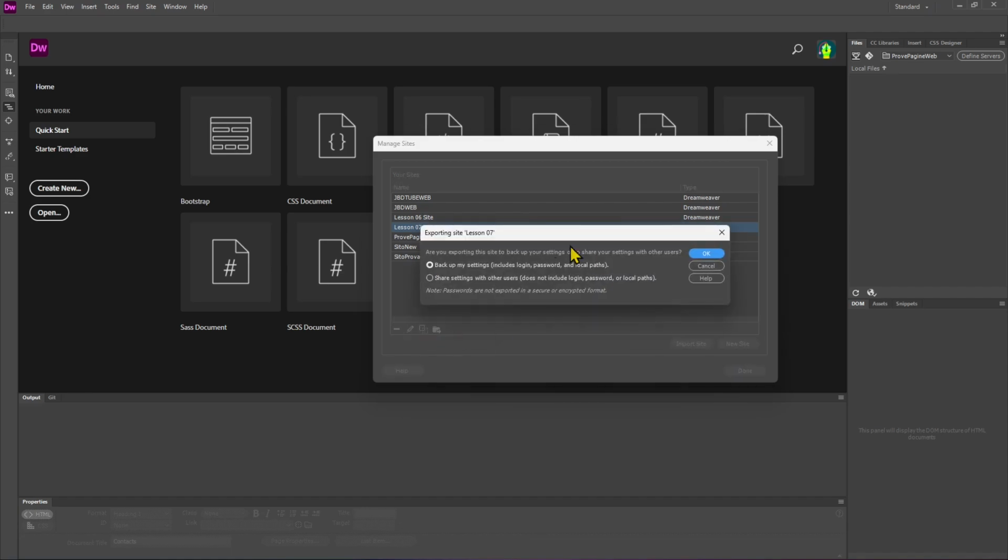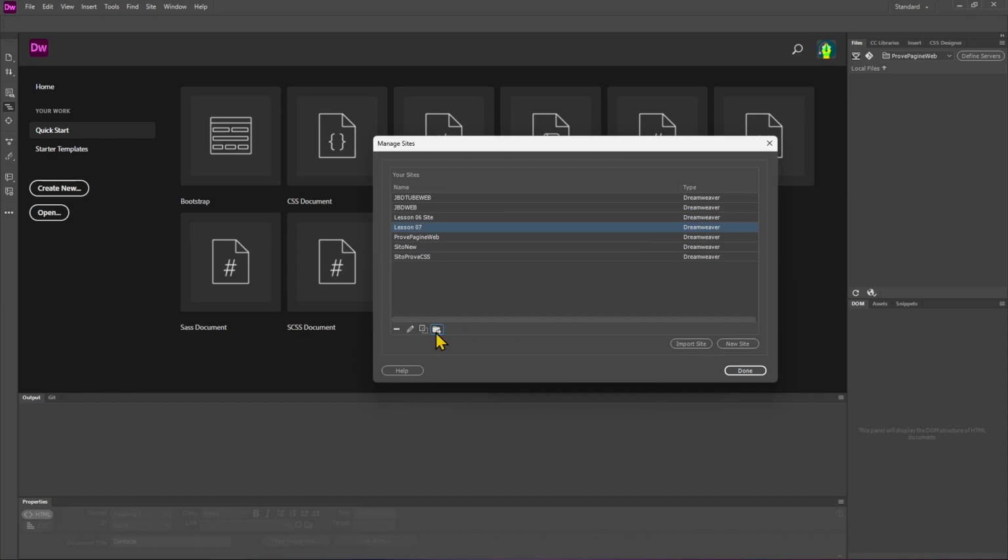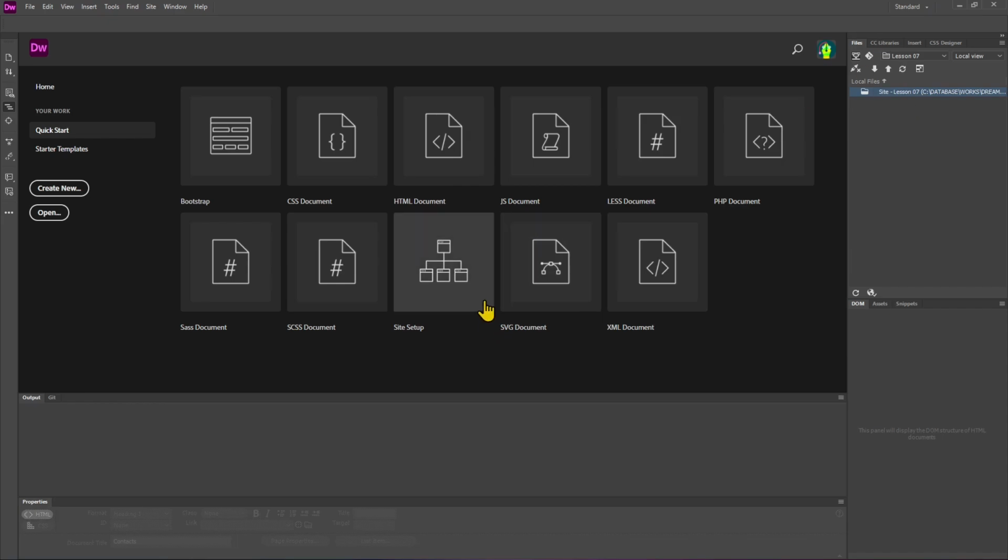So you can export from here all the settings, and then you can import all the settings. This is useful probably when you need to go into another machine and you want to bring everything with you. So here you basically add, remove, and manage all the sites. So you can simultaneously work on many different projects. I can work on 4 or 5 or 10 different websites at a time, and everything will be nicely organized into folders, and you can access them from here. So this is why this is pretty useful. And I show you this in the 6th lesson because we needed to know more basic things first. Now you can get into more and more advanced